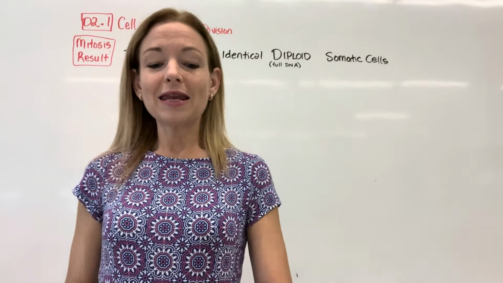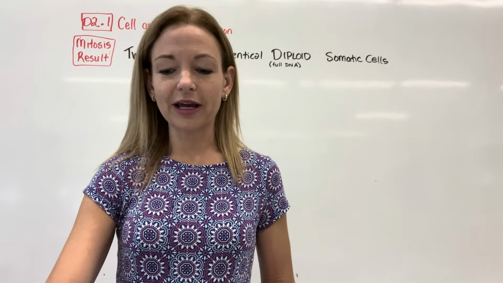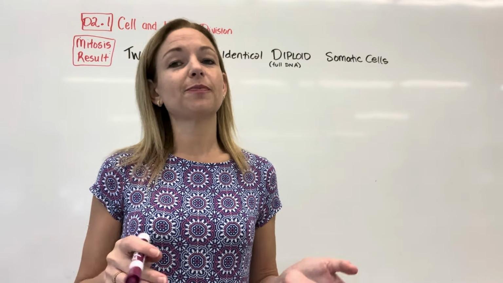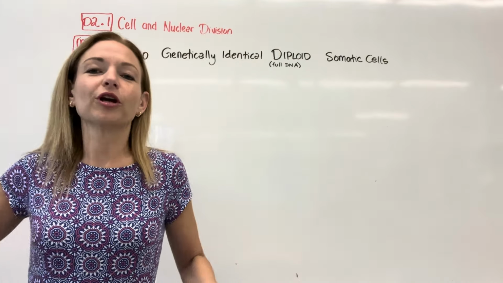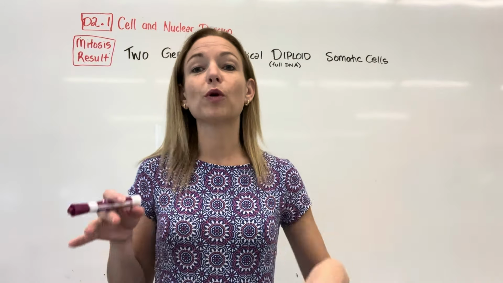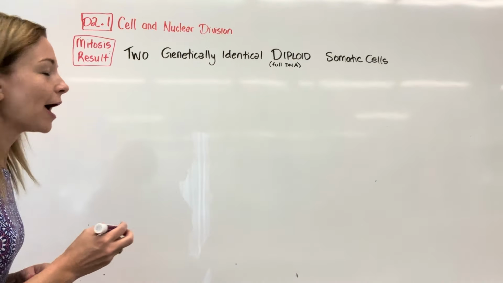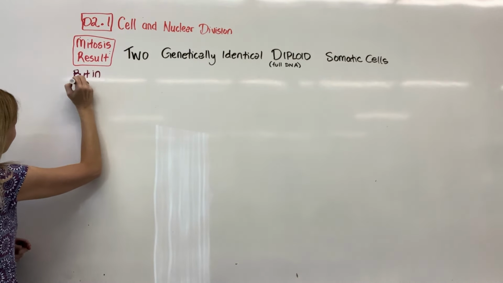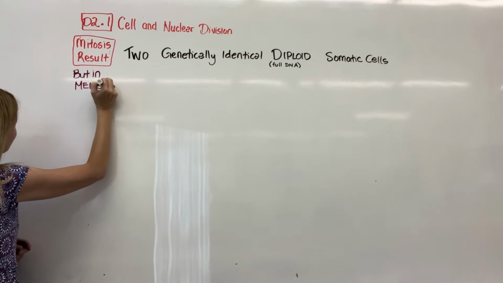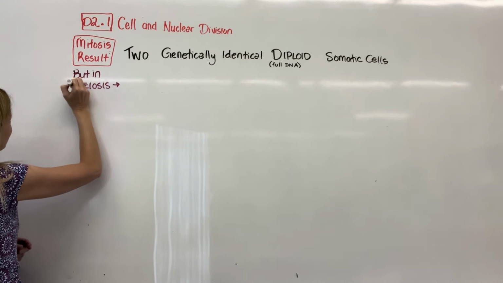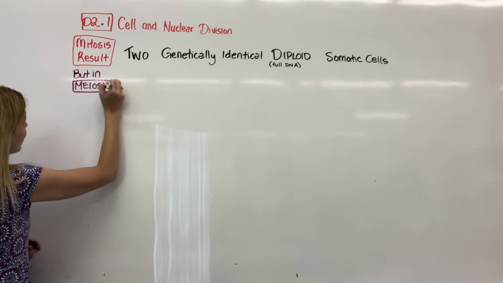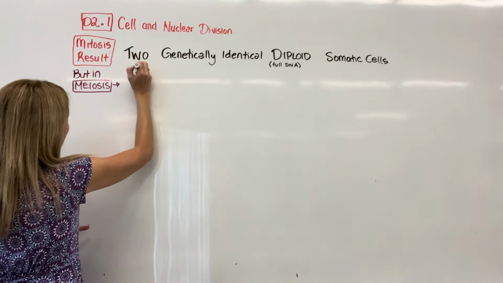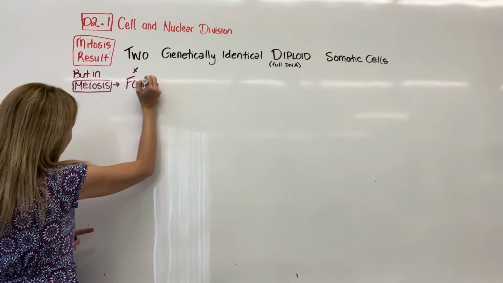Okay, so now let's use that to compare it to meiosis. So again, a lot of things are similar. For the meiosis part, I'm not going to redraw all the stages. We're just going to focus on, okay, we understand mitosis, what's different in meiosis. So in meiosis, instead of having 2 cells, we are going to have 4 cells.